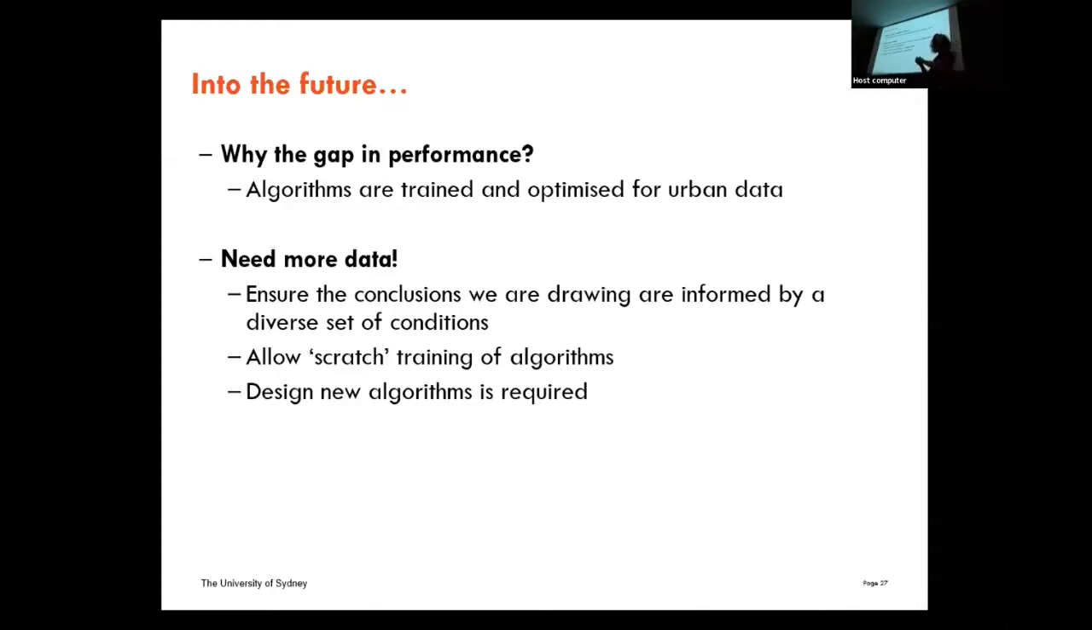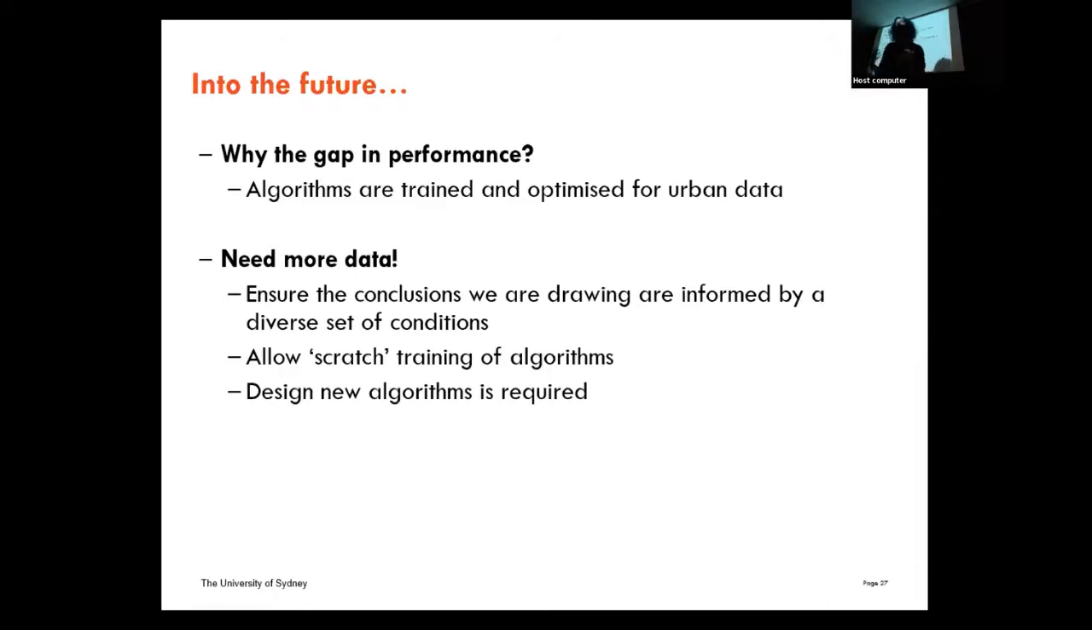And we need more data. This analysis was done on a small subset of data, I think around 2,000 images. That's not a lot in the grand scheme of things, when you look at these algorithms and what they're trained on, hundreds of thousands of images. More data will allow us to draw more confident conclusions, based on things that we are actually seeing, not things that we think we're seeing. It would allow for scratch training. We could possibly take these algorithms, train them from the ground up, and see if by removing that bias for urban scenes, we can increase the performance to be in line with what they're getting on urban data sets. And it also allows us to potentially design